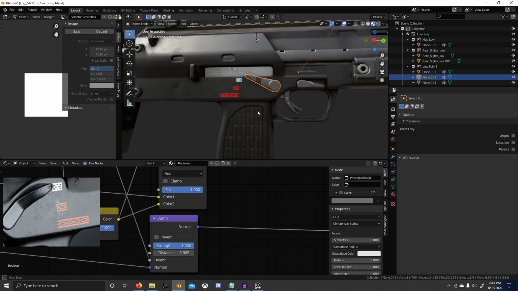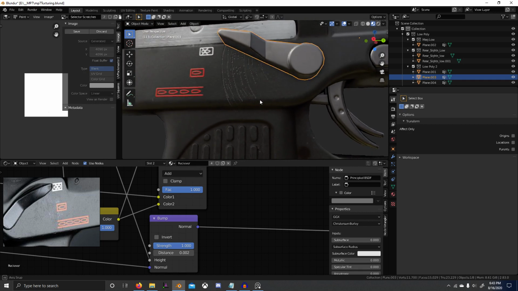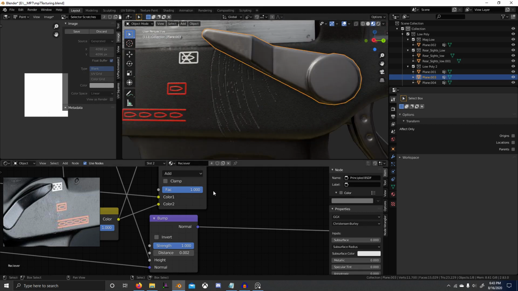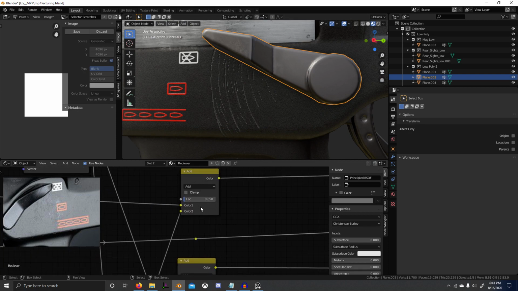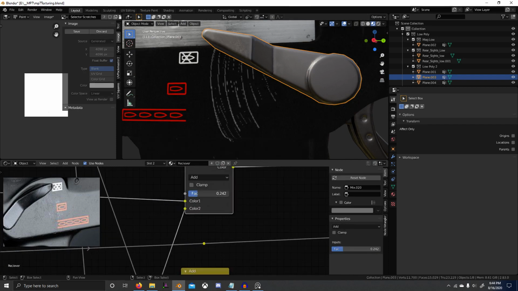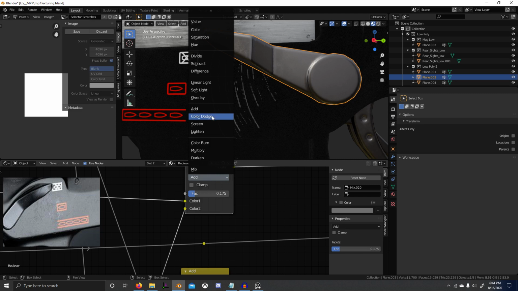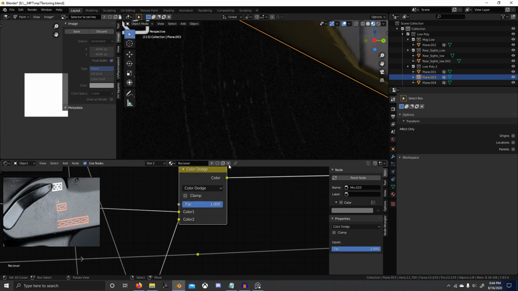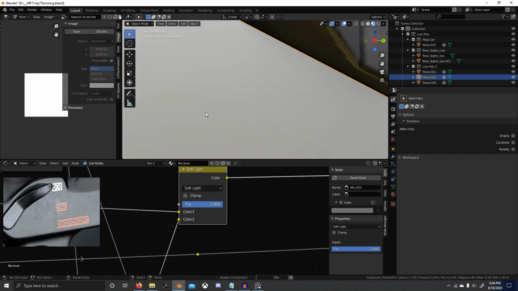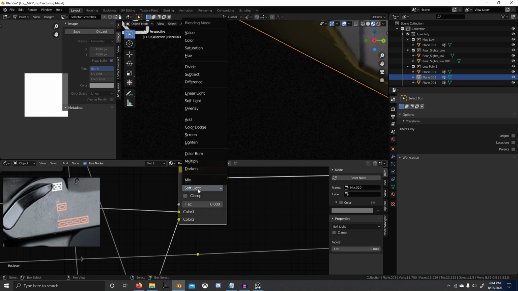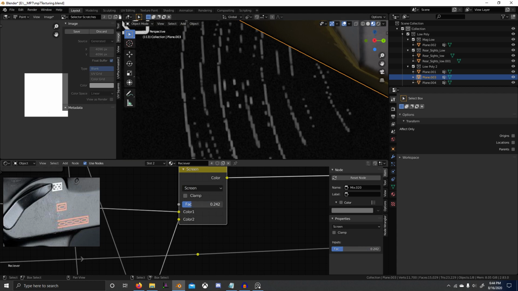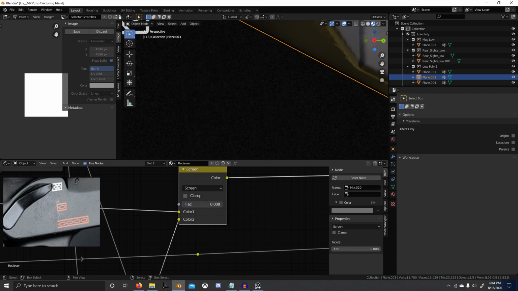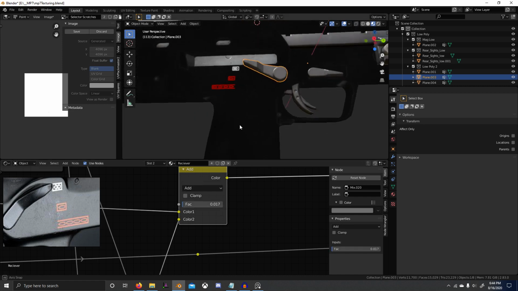Alright, so I think that generally looks alright. But let's view this. Set it to maybe color dodge. Soft light, I don't know, just kind of seeing if there's anything. You just screen it. Or we can just set it back to add. Alright,